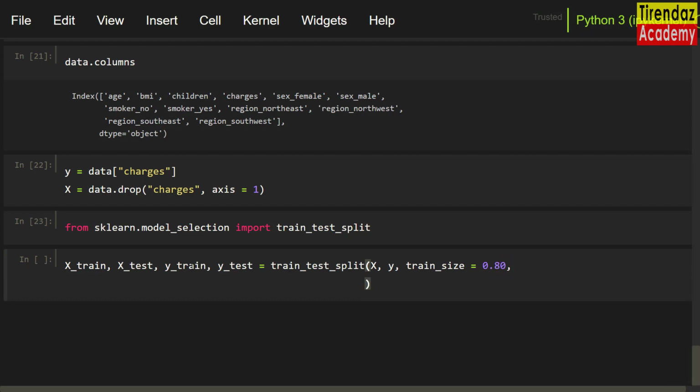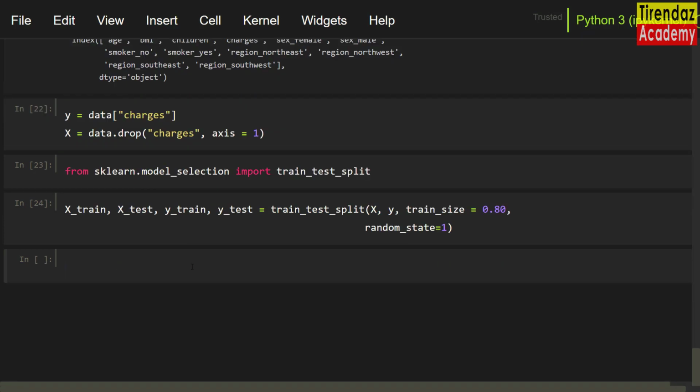I am going to use the random_state parameter for a deterministic sample. Let me write 1. Thus, the dataset was split into training and testing. As you can see, we can easily perform model operations with libraries such as pandas and scikit-learn. Now, let's build the model.